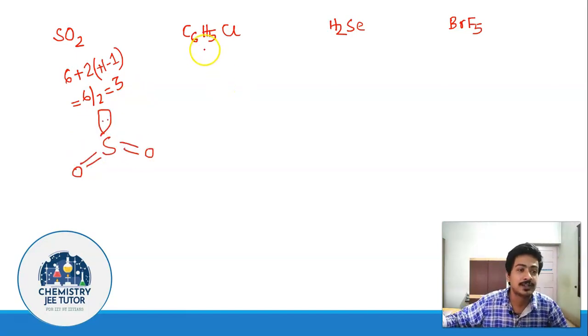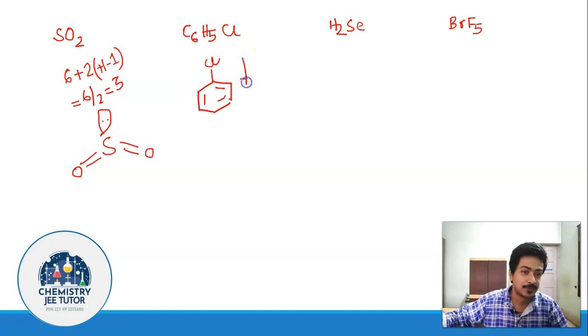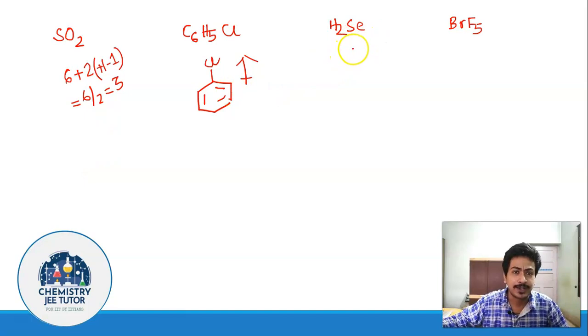Now let us come to C6H5Cl. So this is this molecule. This will have a permanent dipole moment. In this case as well, it will have a permanent dipole moment because the structure is not symmetrical. In the case of the next molecule, if you look into its structure, you will again find that it will have a permanent dipole moment. In this case as well, it will have a permanent dipole moment. So this option is a correct option.